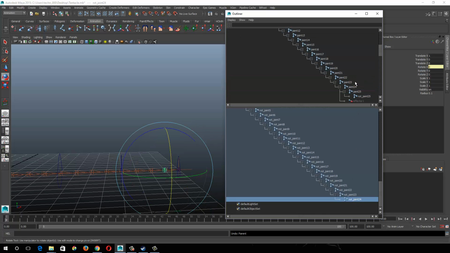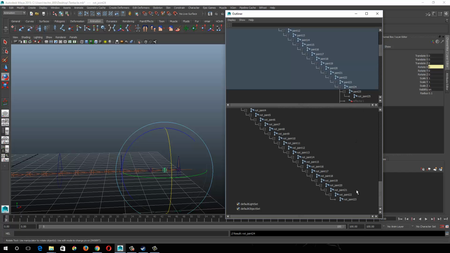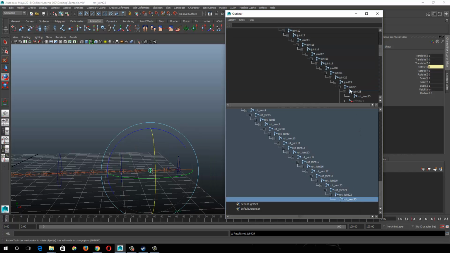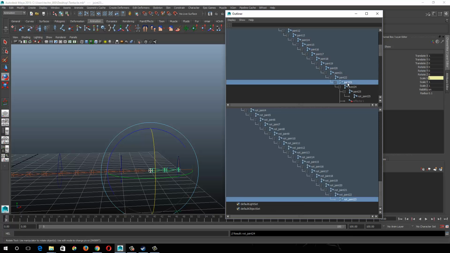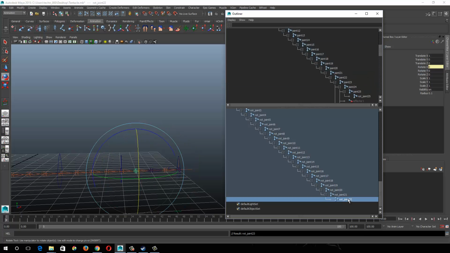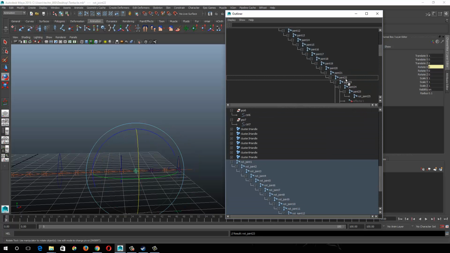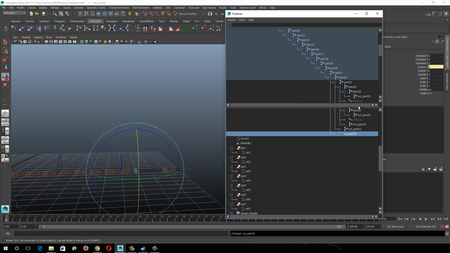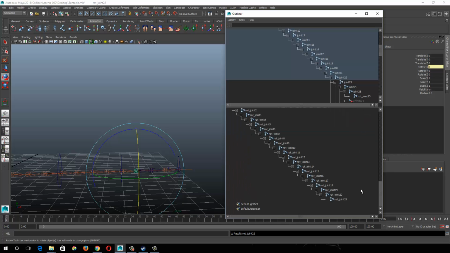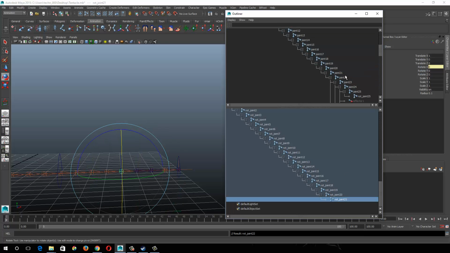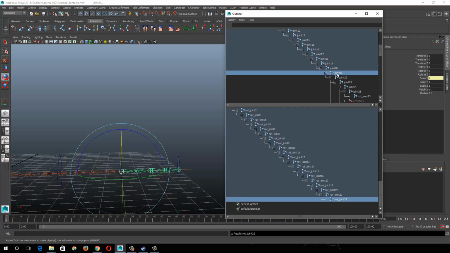Okay, 24 to 24, hit P. You have caps lock on, that won't work. Just keep an eye on your keyboard if you're trying to follow along. 23 to 23, P. I could also select this and middle mouse drag up to that joint, but you can see it scrolls up along with it, which is kind of annoying, so that's why I'm doing the control click method. 21 to 21,